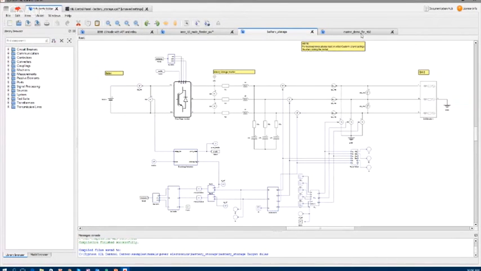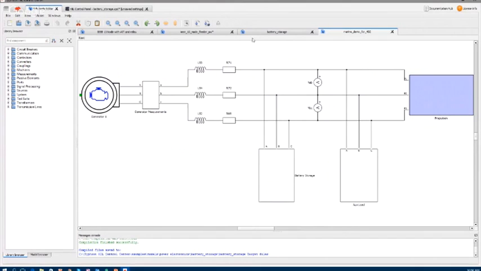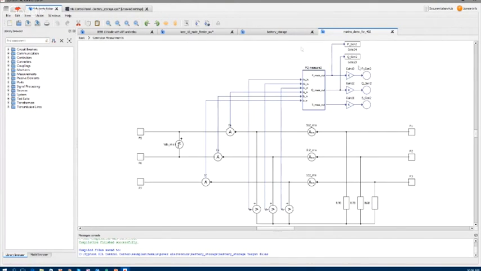Then one more example that I would like to show you is this marine example. So this is, as I said, a power stage of a ship where we have some diesel generator, some generator measurements that we have right here.